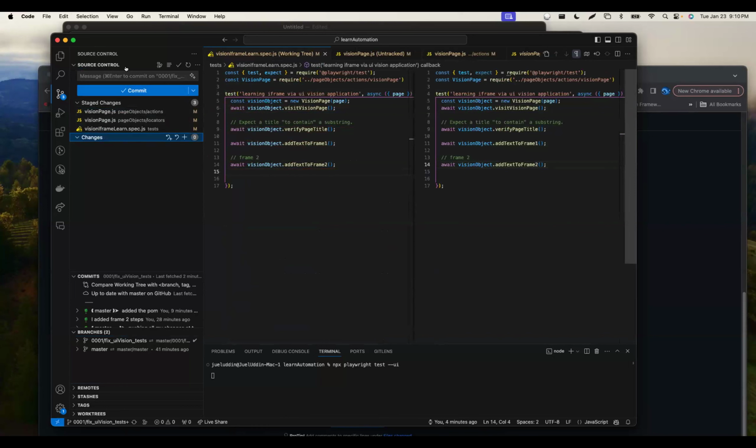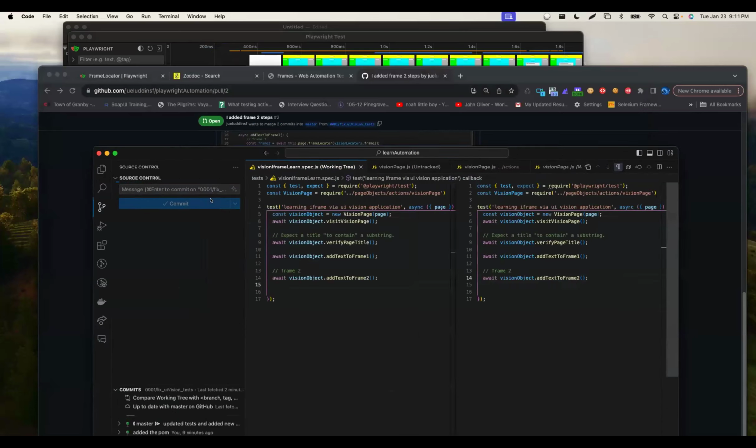And then you commit. You have to write a message. Updated test and added new locator, for example, right? So it's like in a short line what you did. Okay, so I'm gonna just click on commit and push at the same time, and it will be pushed also,